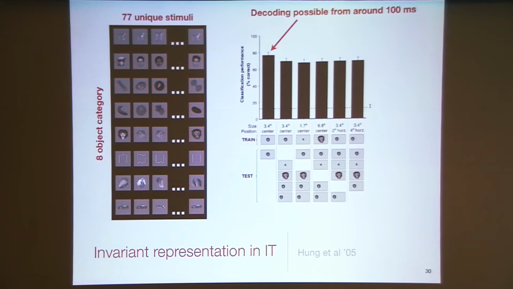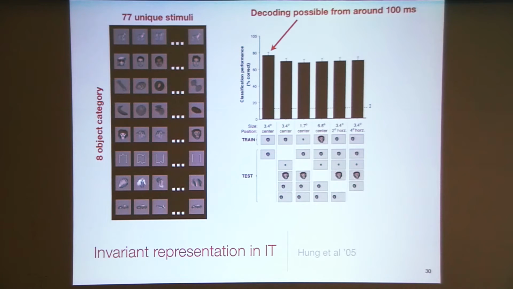Now, the reason why they really tested for the generalization of the classifier is that, of course, if they were to train a classifier, even a linear classifier, on stimuli at multiple positions and scales, it could have been that the linear classifier would have learned the change of appearance of these objects, right? The fact that the classifier never saw those examples as training suggests that the invariances required for performing the job are built in at the level of IT already. Okay, this is not something that's being learned by the classifier, but instead the representation has this built-in invariance.